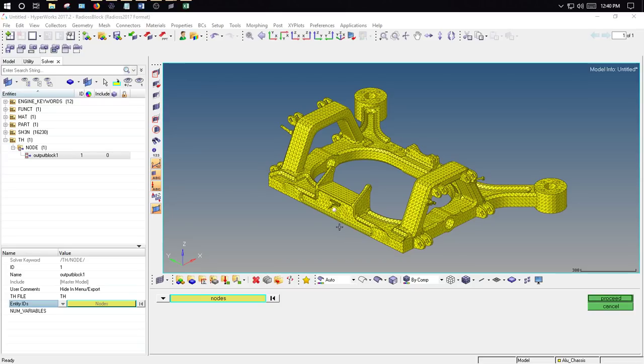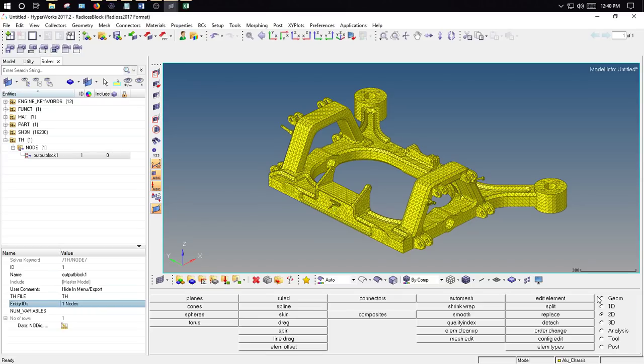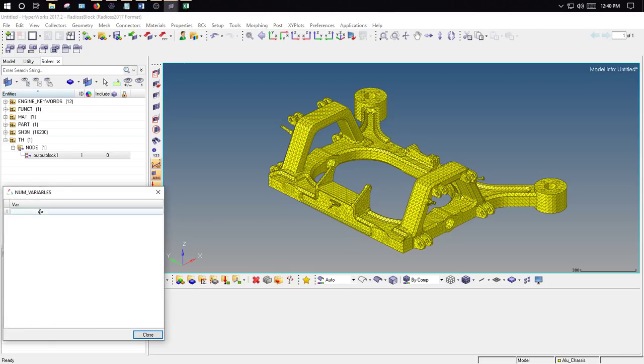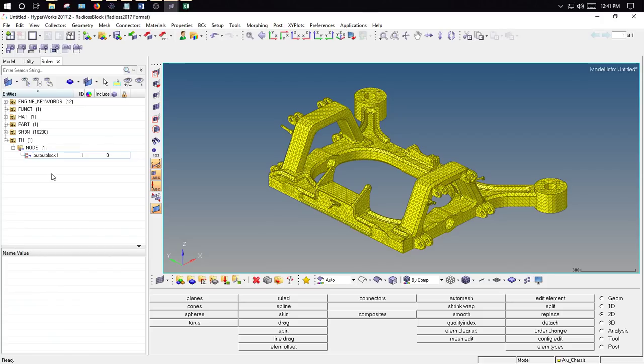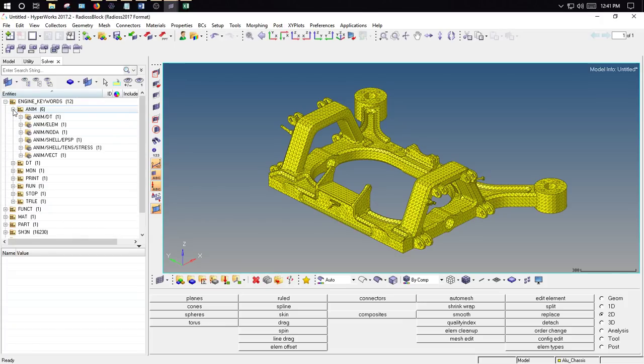For me the crash will take place at the node I just clicked. So I proceed. For the number of variables, put 1. Click the table icon here and put DEF, all in caps, and close it. That is done for the output block, and then go to the engine keyword, go to animation, anim, and animation vector,